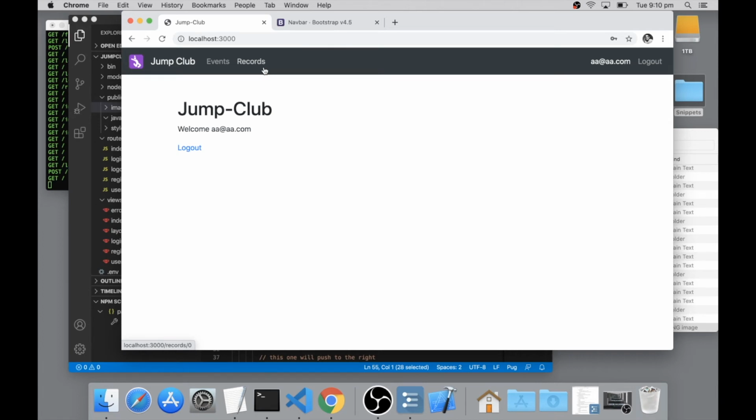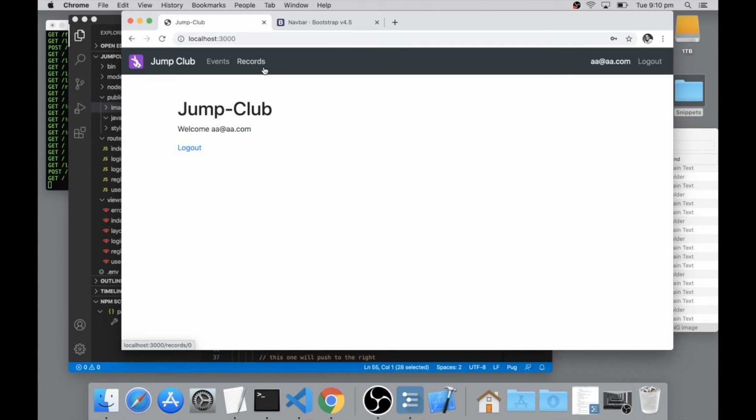So they record those events, and then each of the members of the club can record their latest jump and see how they stack up against the other people in the club. So it's a record for all of the jumps in the club. So it's the Jump Club. And I only do this because it's going to highlight one important principle, which is writing to a database and storing the events, and then really importantly, linking database records